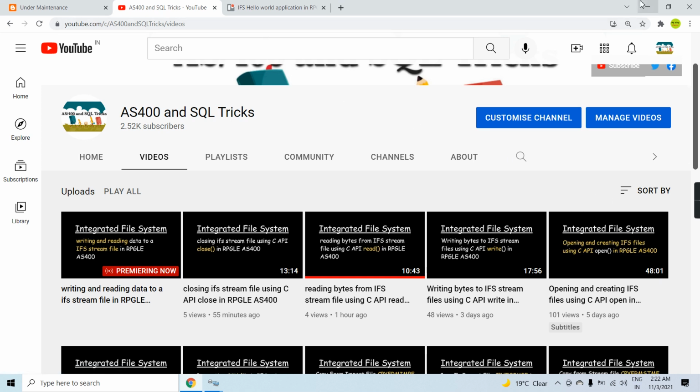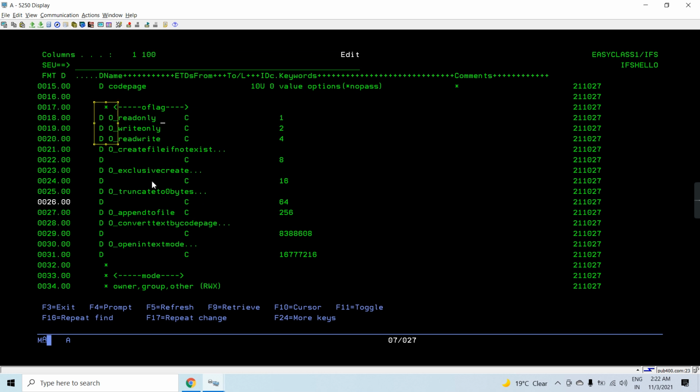Once you watch that video, you will get an idea of what is happening here and why we have taken these constants. These are basically decimal values; the actual binary values will be passed to the API.